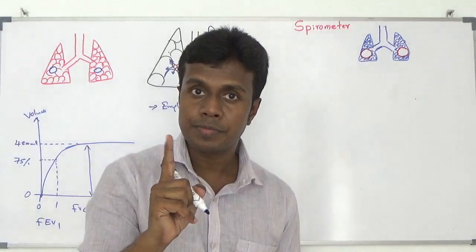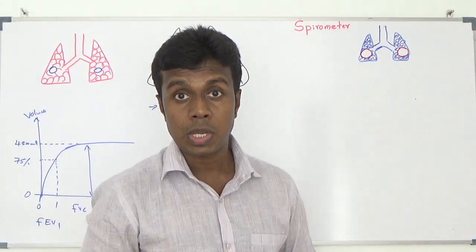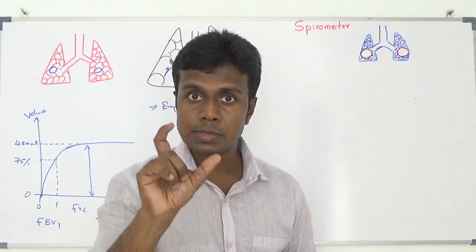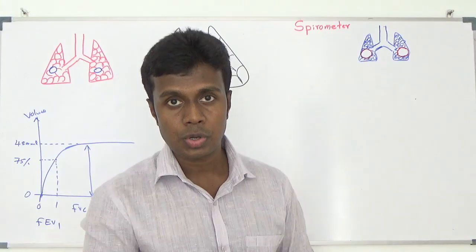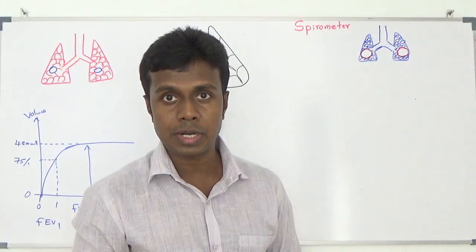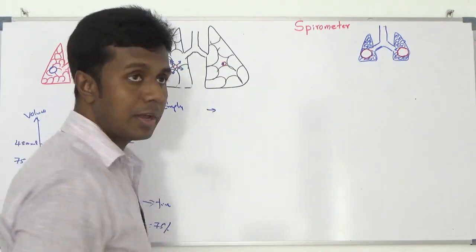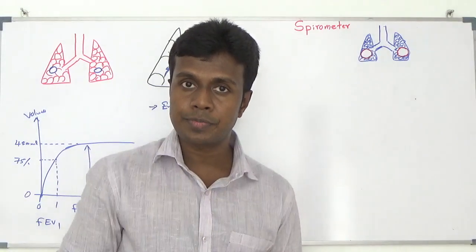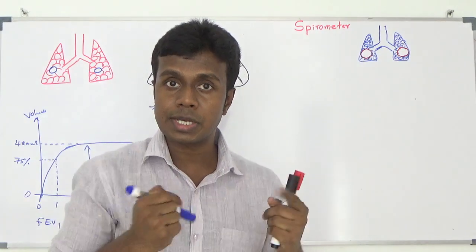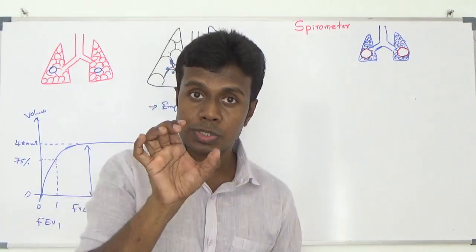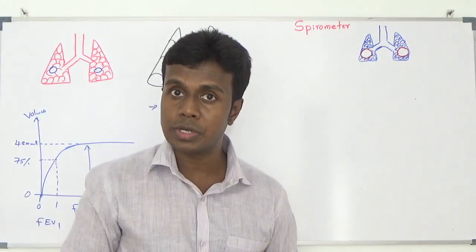The other entity is called chronic bronchitis. Can you define chronic bronchitis? If a patient has cough with expectoration for more than 3 months in 2 consecutive years, we are going to call that patient as having chronic bronchitis. What happens in chronic bronchitis is that your airway becomes inflamed. Because of that, the airway is narrowed. In addition to that, goblet cell hyperplasia also happens. Because of that, secretions also go up. Due to secretions and inflamed epithelium, the airway caliber is going to be reduced.